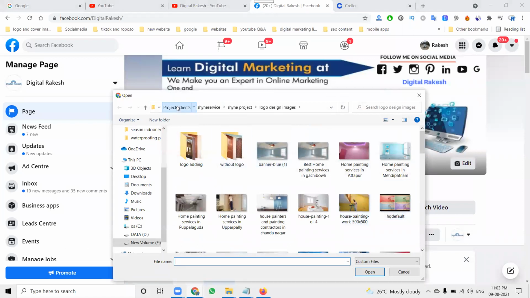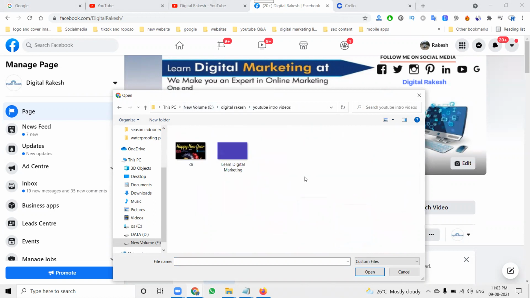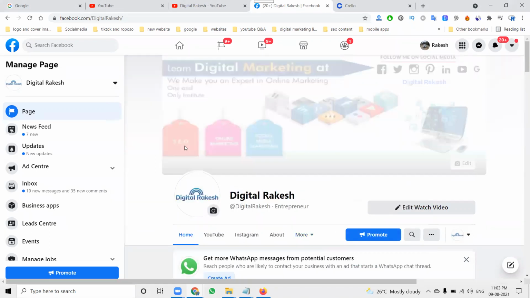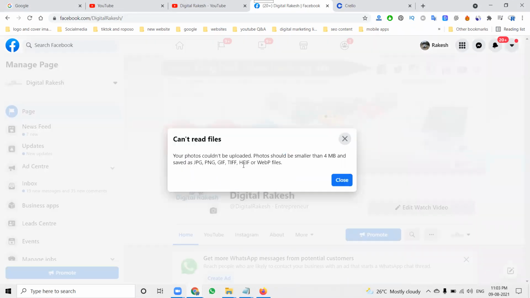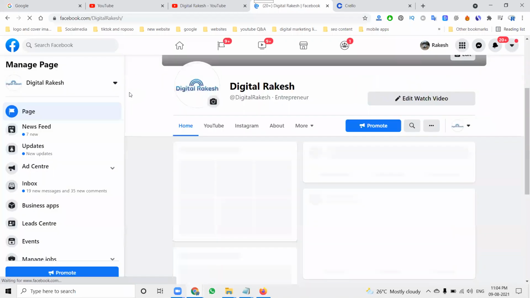When I'm clicking here, just go back, upload in this, select, choose file. Here is the select in this video option. They can't promote this particular feature. Why? Because this will be JPG, PNG, GIF here. The photo could not be uploaded, photo should be smaller than 4 MB, saved as JPG or GIF in this particular format. For any Facebook cover video creation purpose, we have to choose an option called